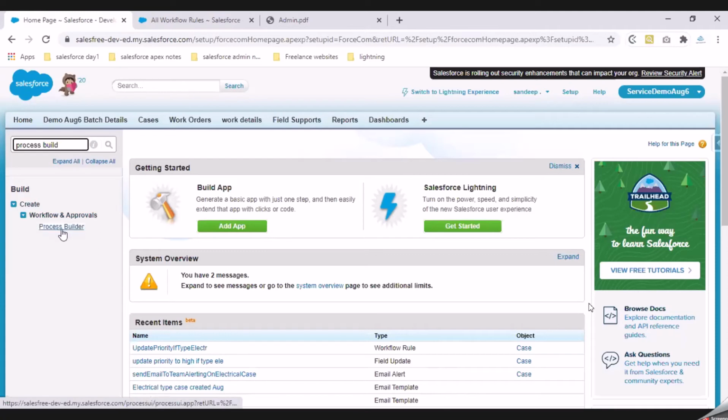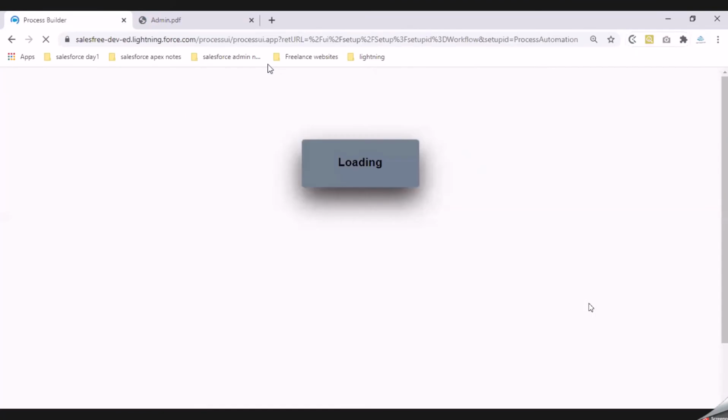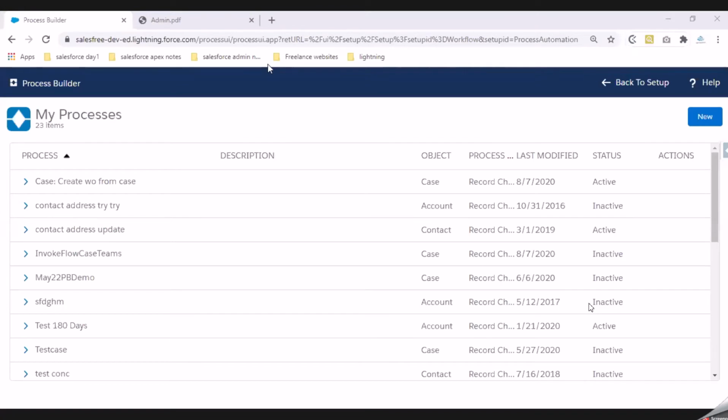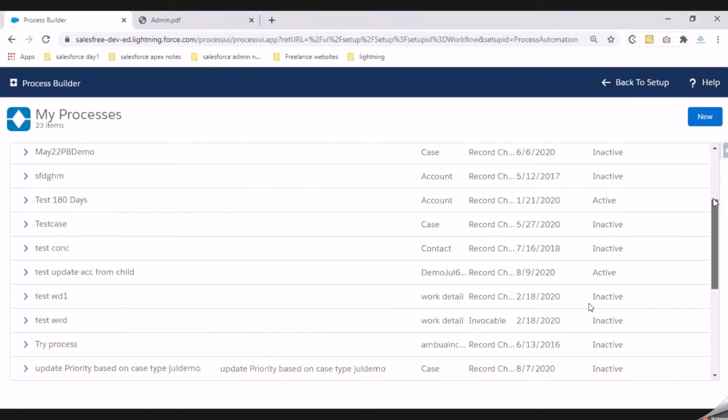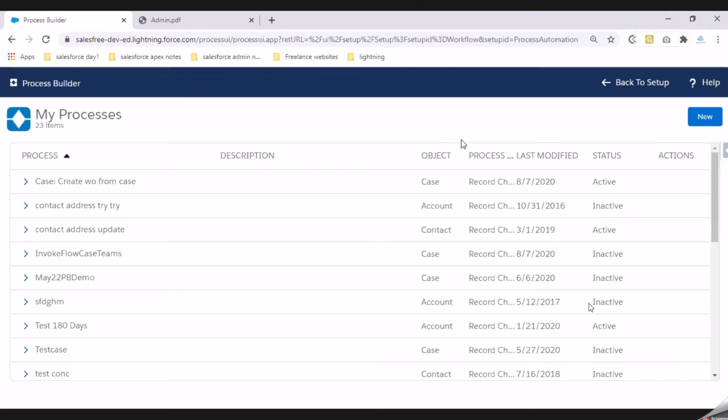That is where you will have your process builders. In case you want to open any existing process builder, you can quickly open it and see what we have in it.